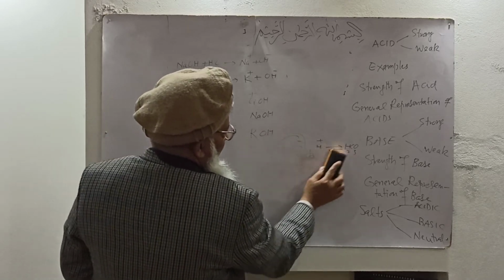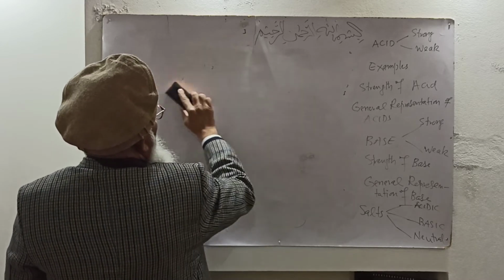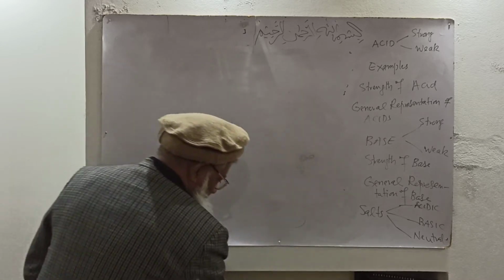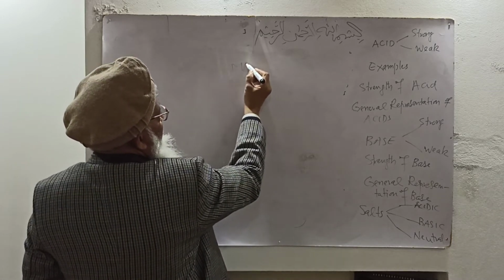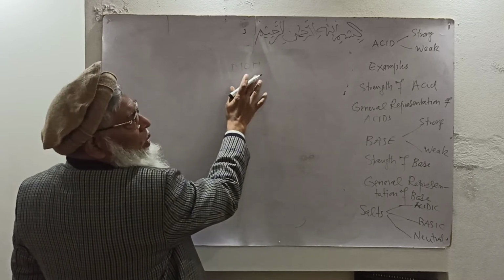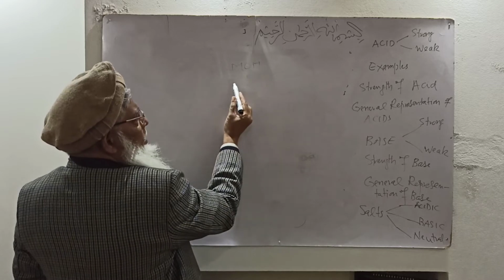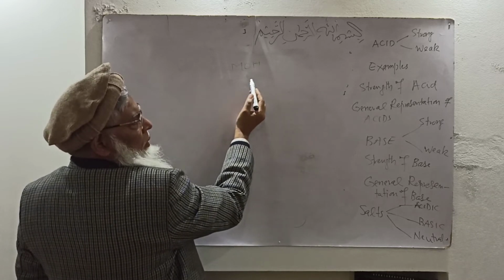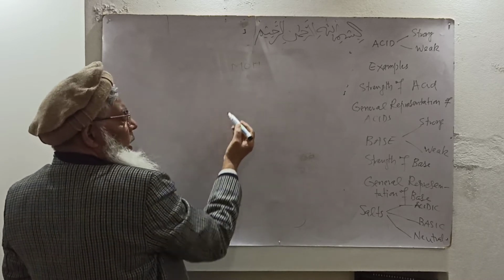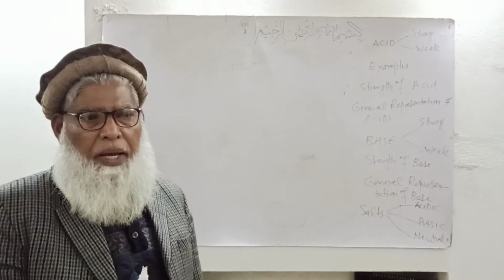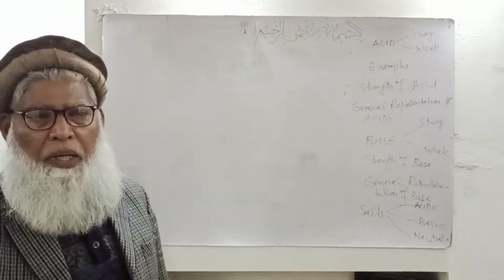So how can we represent a base? A base may easily be represented as MOH, metal hydroxide: lithium hydroxide, sodium hydroxide, potassium hydroxide. As we have classified acids as monoprotic, diprotic, triprotic, similarly bases may also be classified